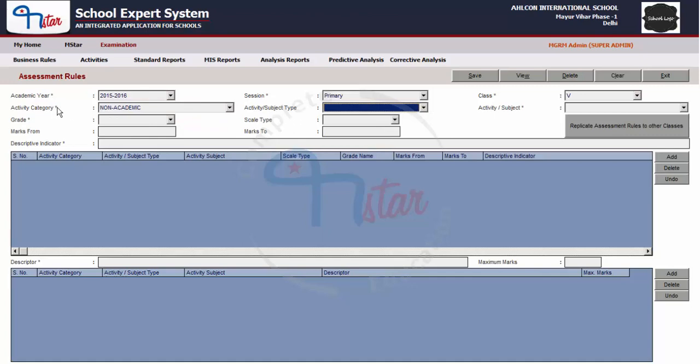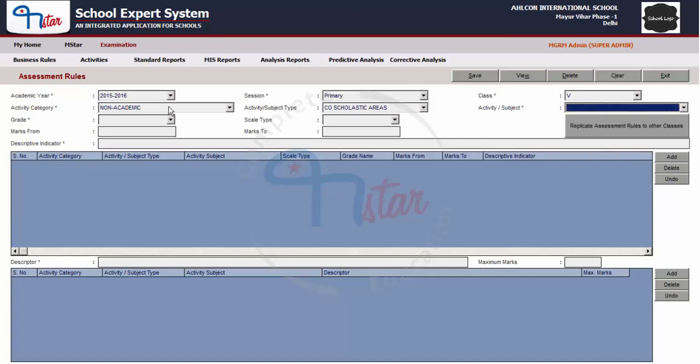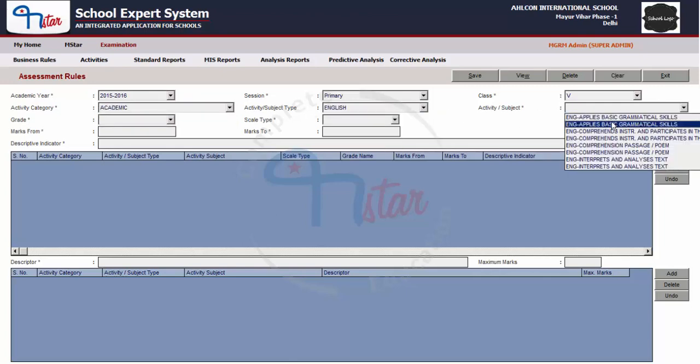If you have selected activity category as non-academic, then non-academic activity type and further the activities or subjects will get displayed. So these are the core scholastic subjects, whereas in case academic is selected, the academic subjects will appear.